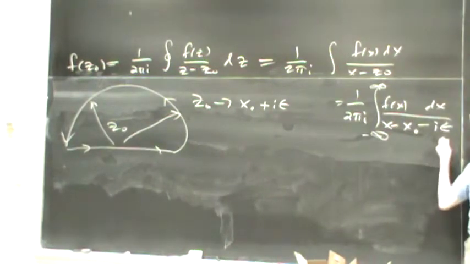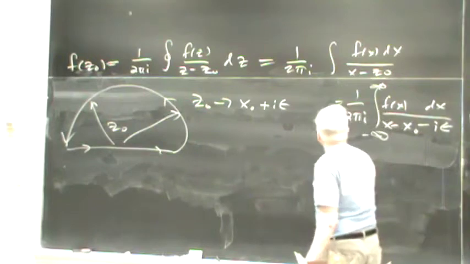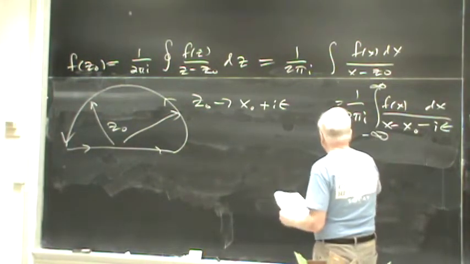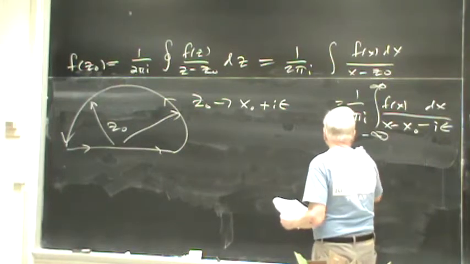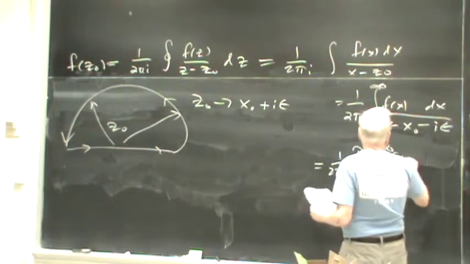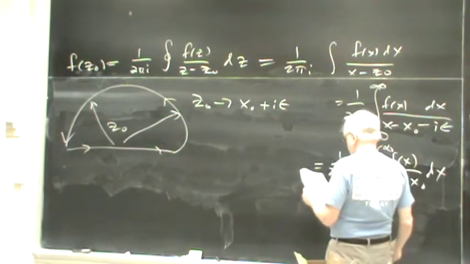So now you see why I emphasize the Cauchy trick and the 1 over I epsilon rule. Namely, that this is 1 over 2 pi I, principal part of this integral, minus infinity to plus infinity, f of x over x minus x0 dx, and then